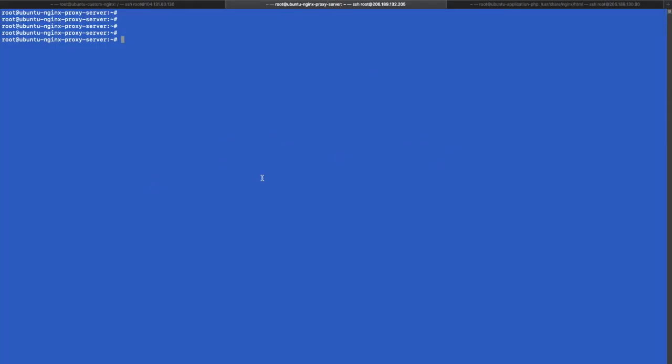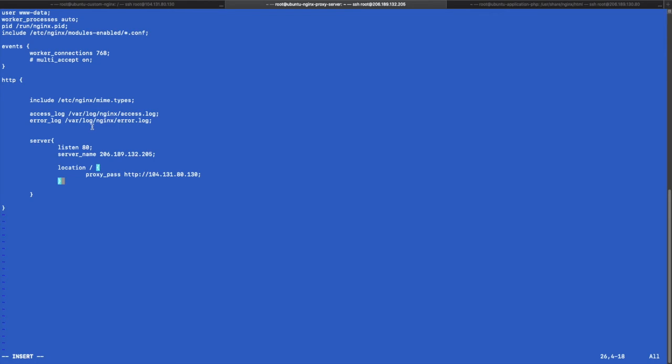Let's modify the nginx configuration on the proxy server again: vi /etc/nginx/nginx.conf. Inside this configuration I will copy this complete server block, and define another server block inside my http context. So we are going to define multiple server blocks over here. Inside this particular server block, suppose I'm going to listen on port 80 on the same proxy machine, but this time the location will be /php. I'm hitting all the locations on /php. And inside the proxy pass, I'm going to define the IP of my machine which is running PHP.